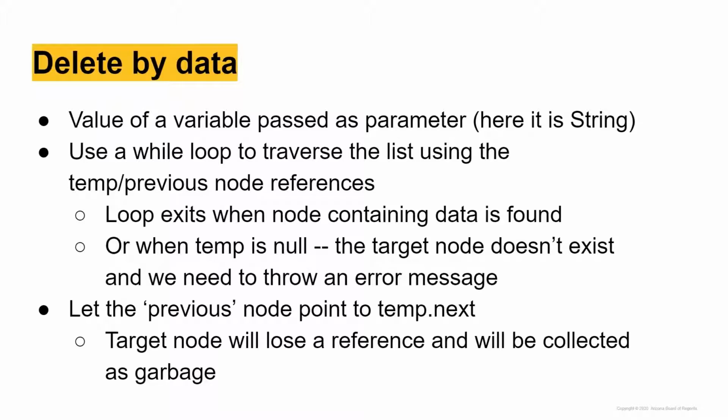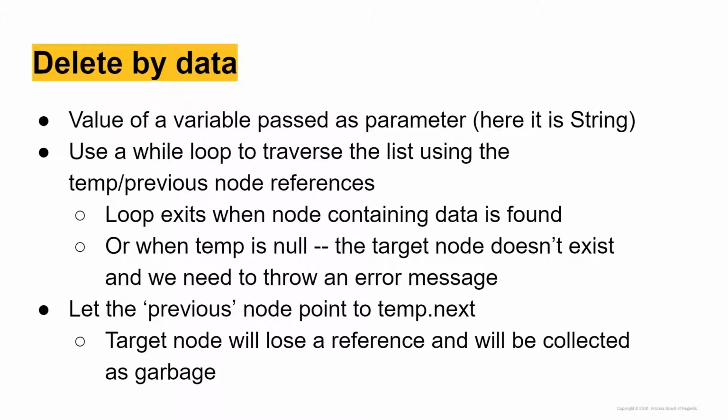Or if we run off the end of the list, if temp is null, then we know that the name we want to delete isn't even in the list at all, and we've made some kind of mistake,